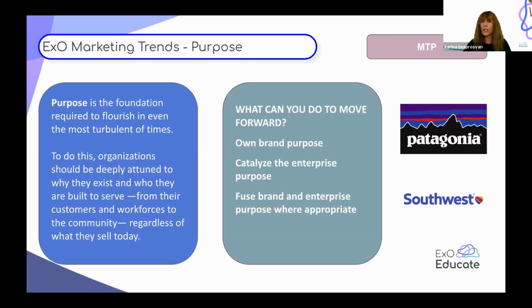And Gabriel has been talking about that. It's related to the MTP. The MTP is massive transformative purpose. We can have a massive transformative purpose when we are talking about global companies, or we can also have a local purpose when we are trying to achieve a city, a neighborhood, or a community.